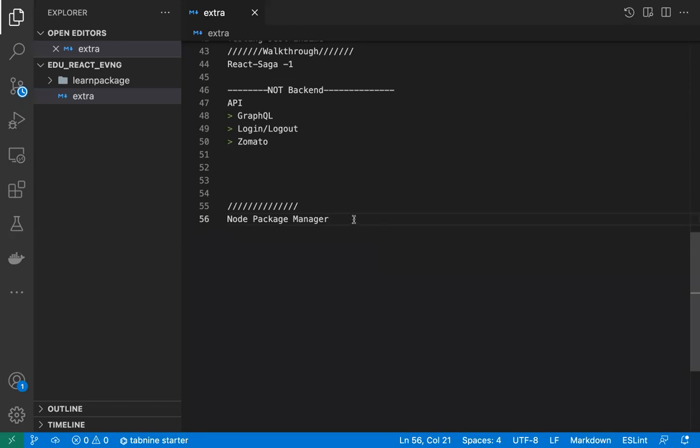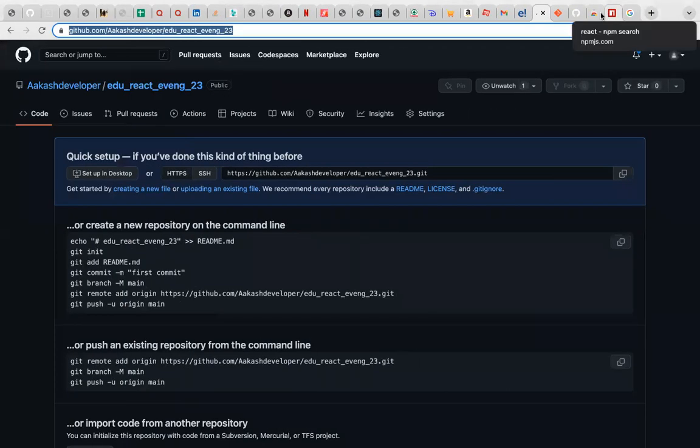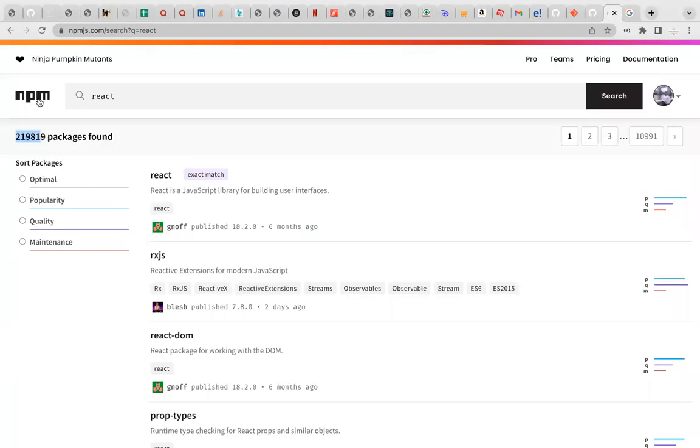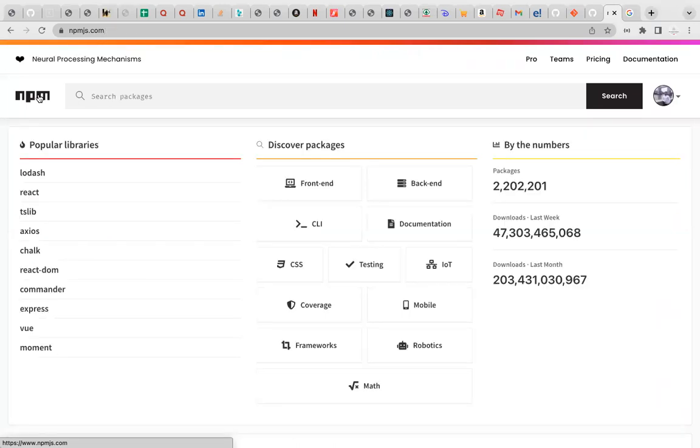So the NPM, Node Package Manager, what is that? It does two things for us. There is one registry called the NPM registry. What is this registry? This registry is one that has the dependent libraries or additional feature libraries. What does it mean? I'll give you a very simple example. Say I have to make a food. For that food, I need tomato puree, correct? Now I have two options. One option, I go to the market and buy the tomato puree. The second option is that I make my own tomato puree,